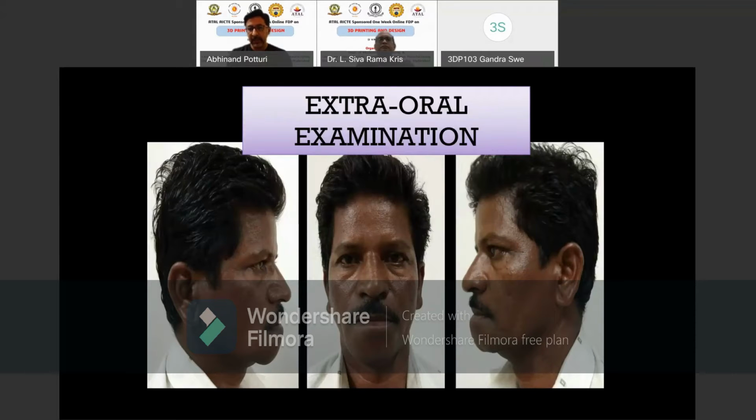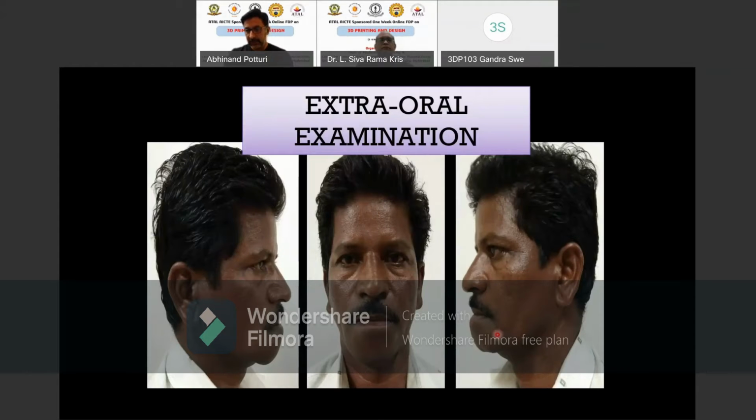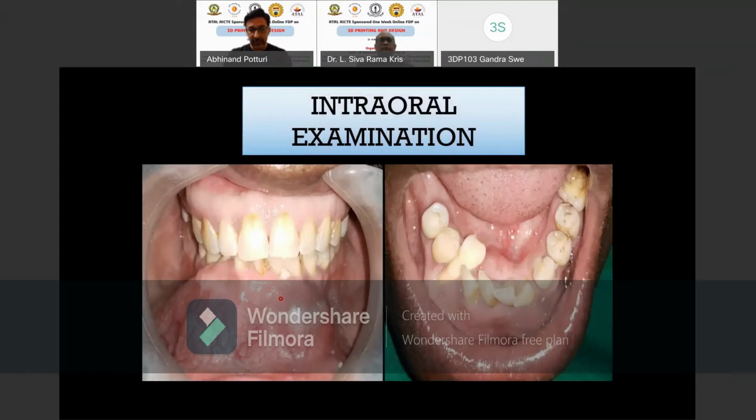If you see on your screens, this is a young patient from a rural background, and if you look at his face, just let me use this pointer. Yeah, if you look at his face, you see there is a huge swelling on the lower part of the face. In this picture, you see his chin is projected forwards, giving him a kind of primitive appearance. Because what happened is, when you see inside the mouth, there is a huge swelling, which indicates a big tumor on his lower jaw.